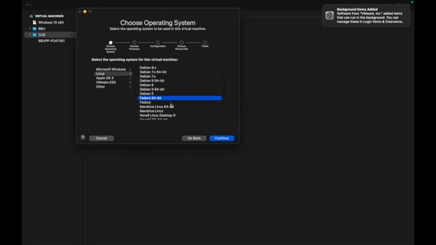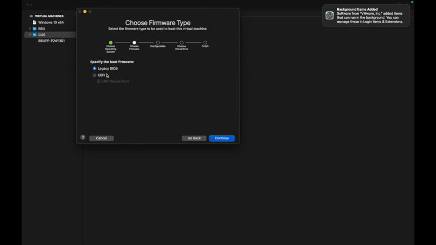Like you see, CentOS only goes up to version 8 on VMware Fusion Pro version 13. But currently CentOS has released CentOS Stream 10.